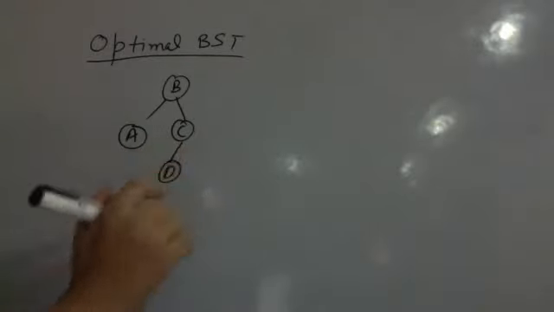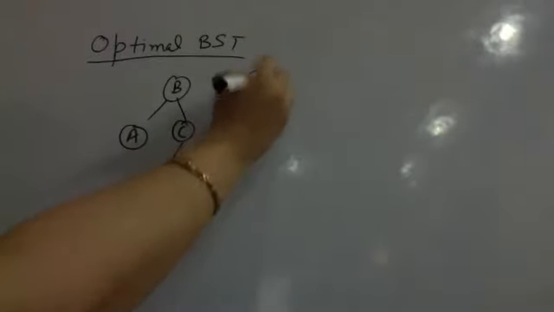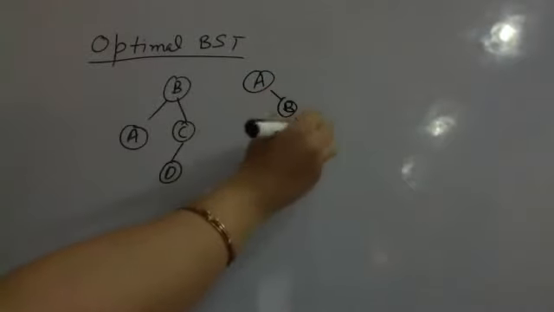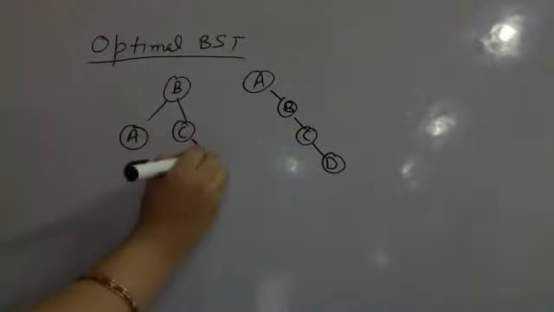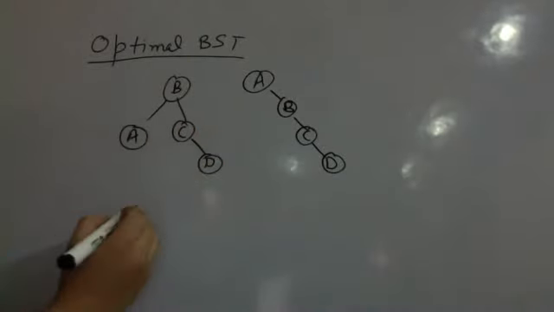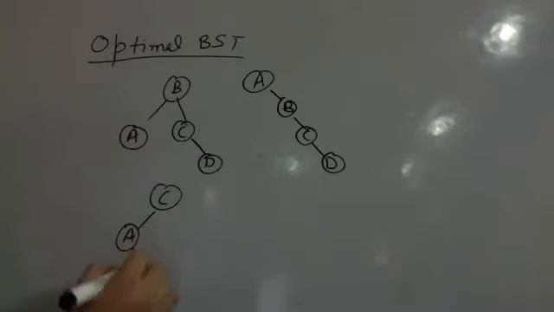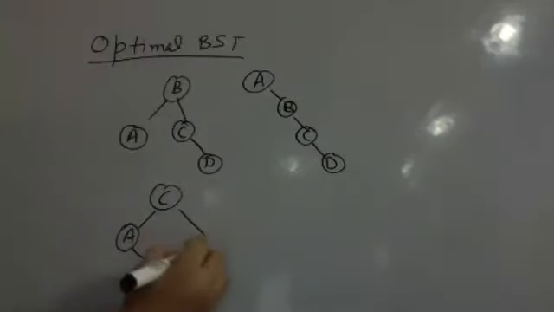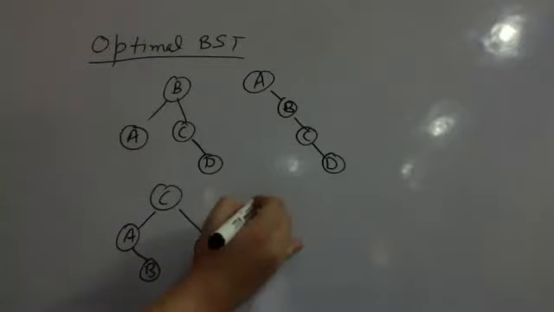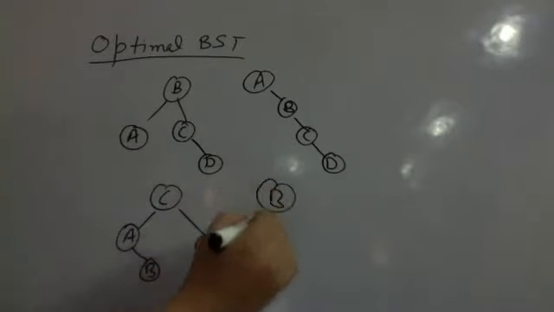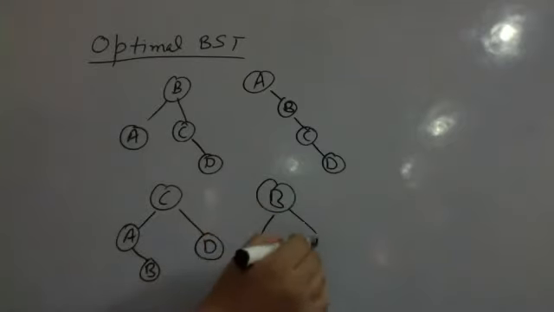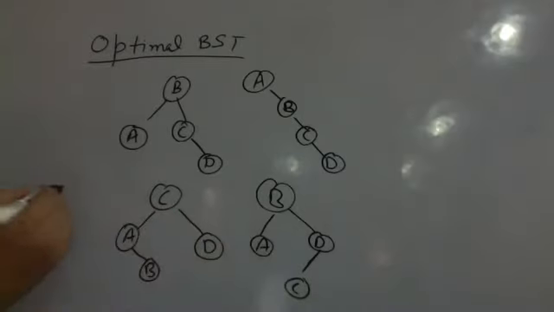For now I'm just writing binary tree. Then I am having another tree. I am having say another tree. I'm just taking some examples over here. So what we are having over here is all whatever I'm drawing, all of them are binary trees, and they are binary search trees also if you just look at them. There are many more possible options.